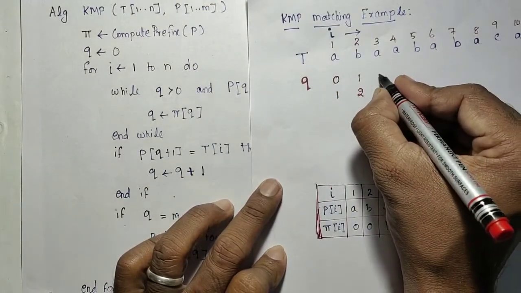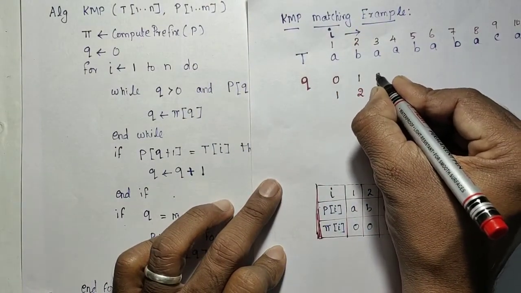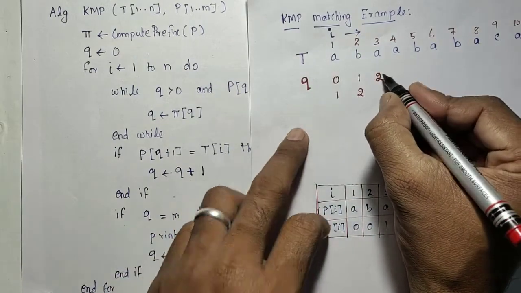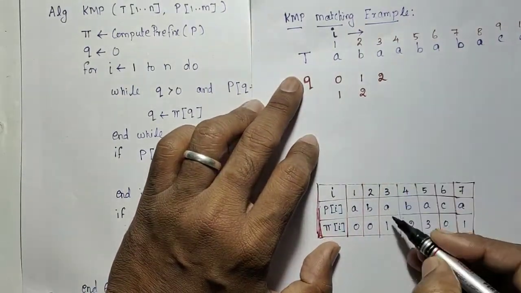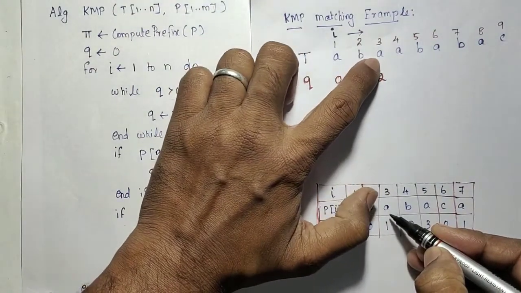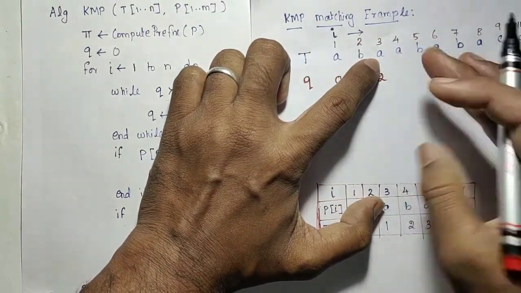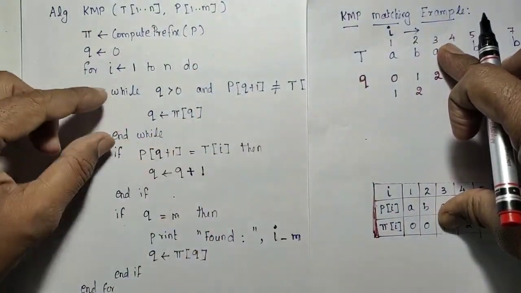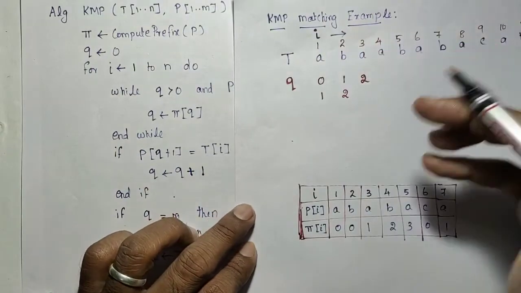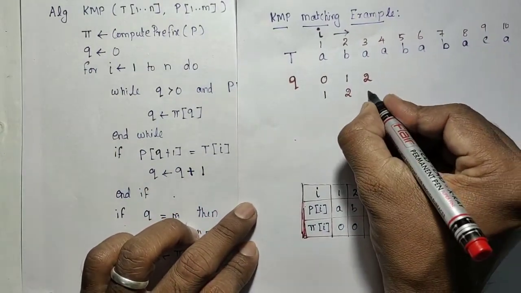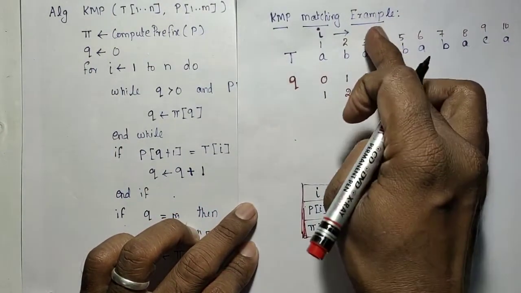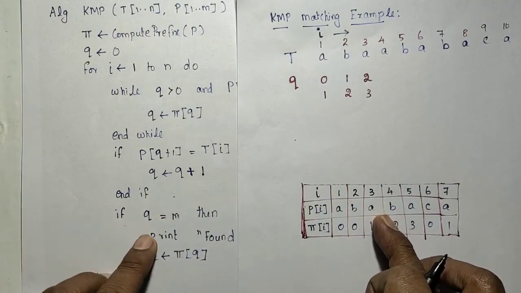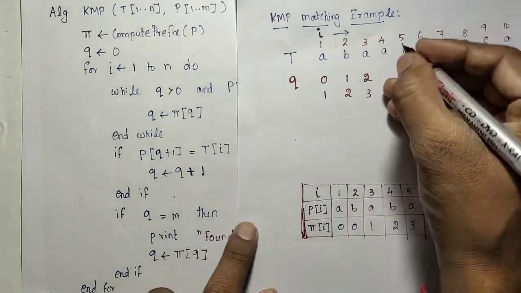The next iteration initial q value will be 2. Next we are checking the q plus 1 third character a matches with this ith character. If both are matching, it means the condition is false, so it will not do anything. Here both are matching means this will get incremented to 3. It means so far 3 characters a b a are matching. Still we have not reached that m. Go to the next iteration.